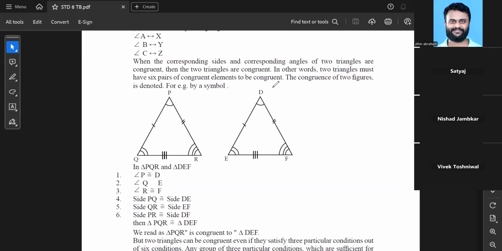to be congruent. Congruence of two figures is denoted by a symbol. The symbol is shown over here. The congruent symbol means first you will write equal to sign, then उसके ऊपर एक wavy, a wavy on the head of equal to sign. This symbol is called as congruent. Congruent symbol. Okay. Congruent symbol matlab they should be same. For example,